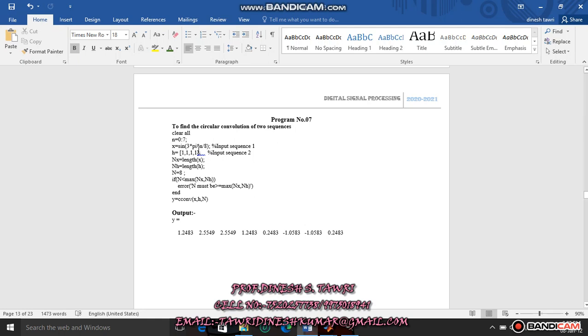h indicates our second input sequence and x indicates our first input sequence.